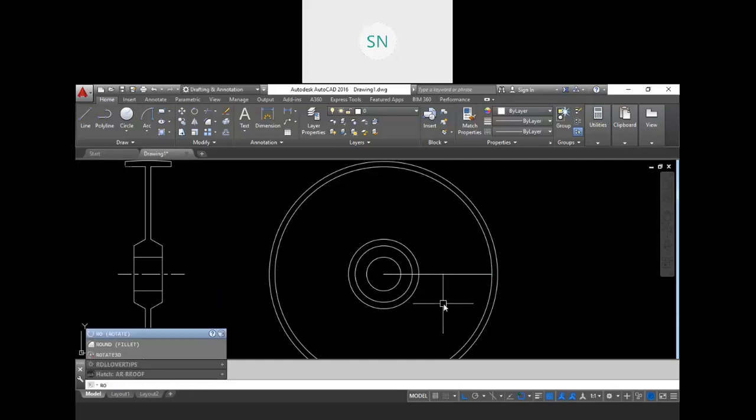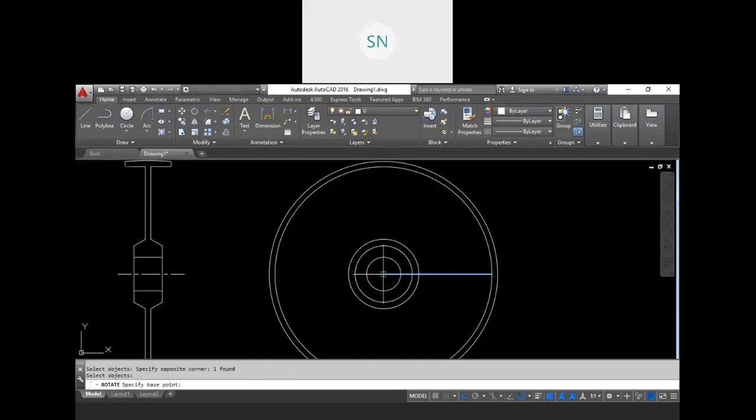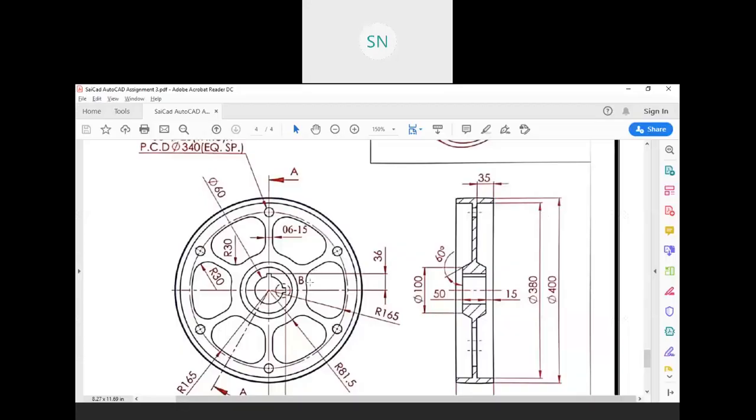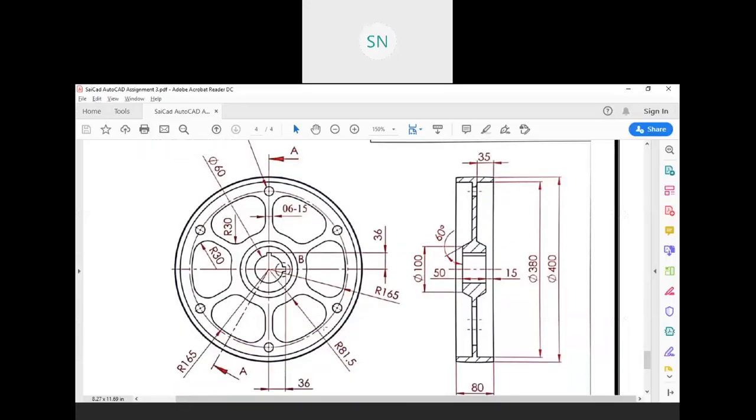Rotate, enter, select this, enter, and we will rotate for 30° and mirror it from here. Okay. Now see the radius over here, that is 81.5.